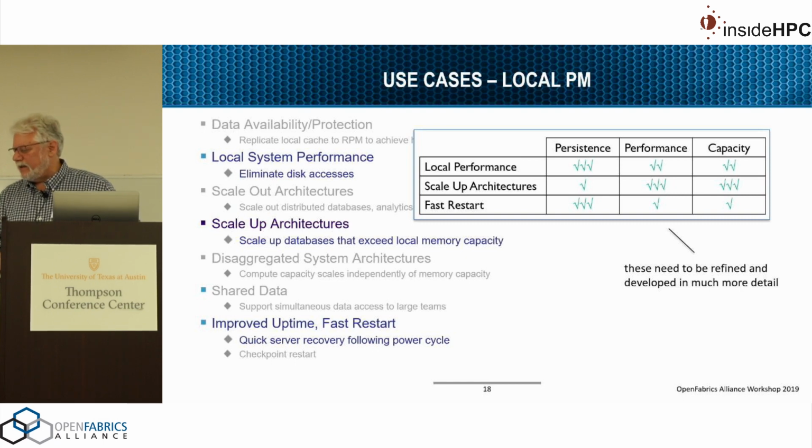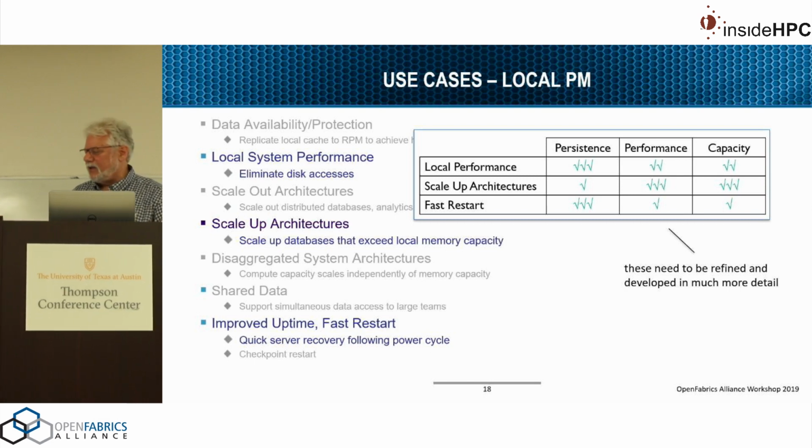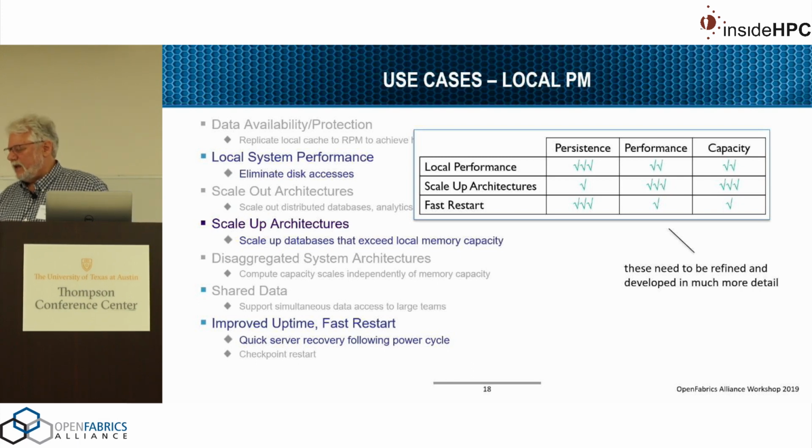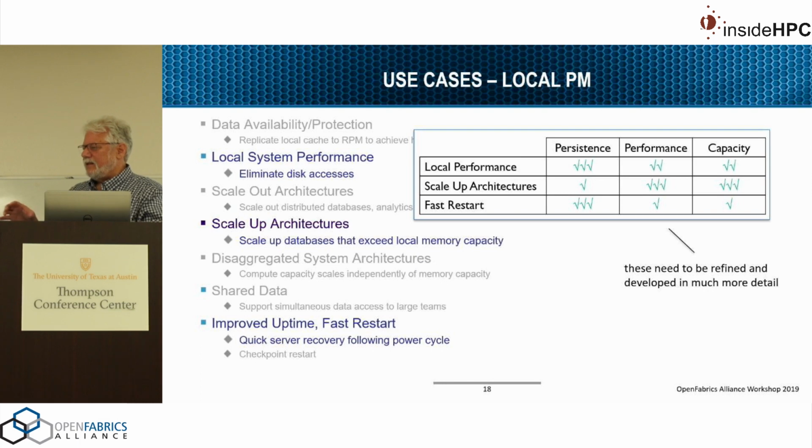So I put a little chart there, and just sort of my thumbnail, finger in the wind idea about which characteristic really mattered for these applications. These are arguable. There's nothing here that's magic. I just wanted to stimulate some thinking. So I would guess if you were doing a scale-up case, for example, you'd be most interested in performance. Probably not that interested in persistence, but if you got it, that would be nice. And cost is probably going to be important. Capacity is probably going to be important for you as well. So just the idea that the particular kind of application that you're using is going to drive the emphasis you have on particular characteristics, which I assert ultimately is going to drive what the definition of the API looks like,